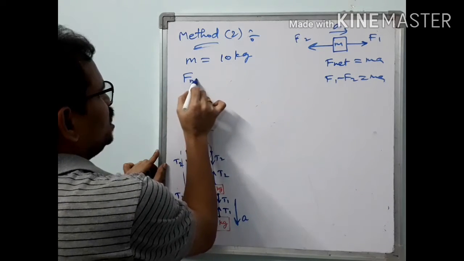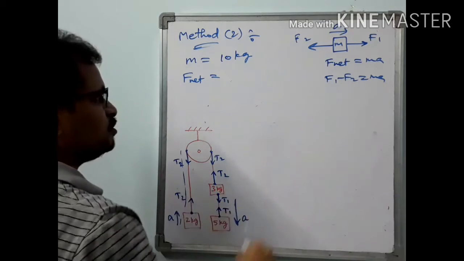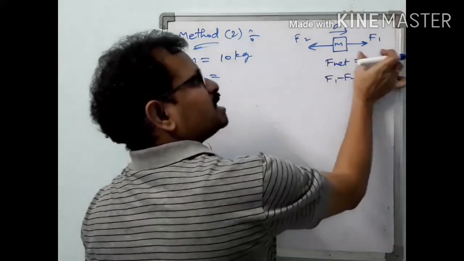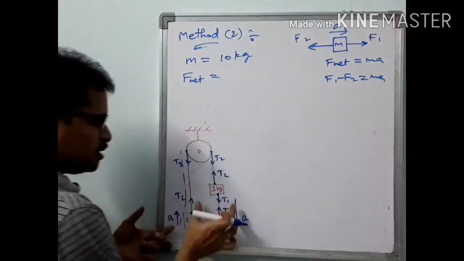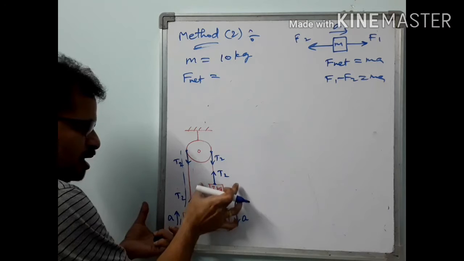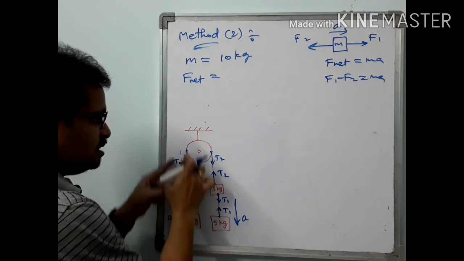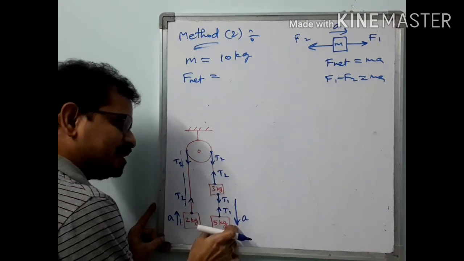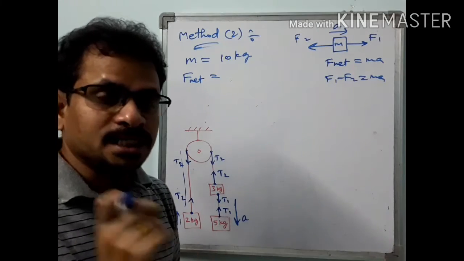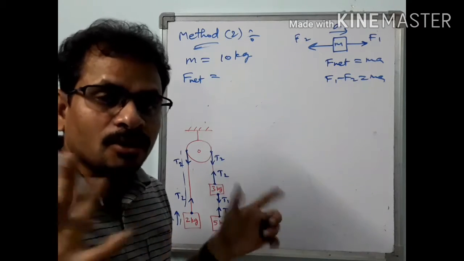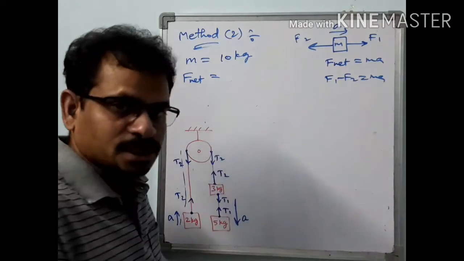What is the net pulling force here? F1 minus F2, no? In which direction is the body successfully pulled? That force minus the other force. So here, which force is pulling this? The tension forces are internal forces now. Since we have taken this as a system, our system includes all these blocks as well as these ropes. So the tension forces due to the ropes are not external forces now, instead they are internal forces. So no need to bother about the tension forces here.